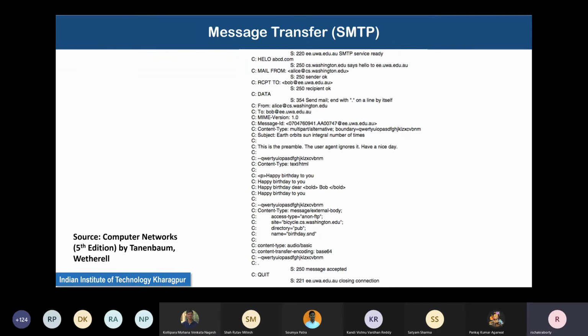Then mail from, receive to, all these commands are typed by the client, with the corresponding responses. These numbers probably mean something. What exactly do numbers like 250, 354 mean? Probably you have to read the manuals to figure it out. But these are actual commands and an actual session that is happening directly between the two.